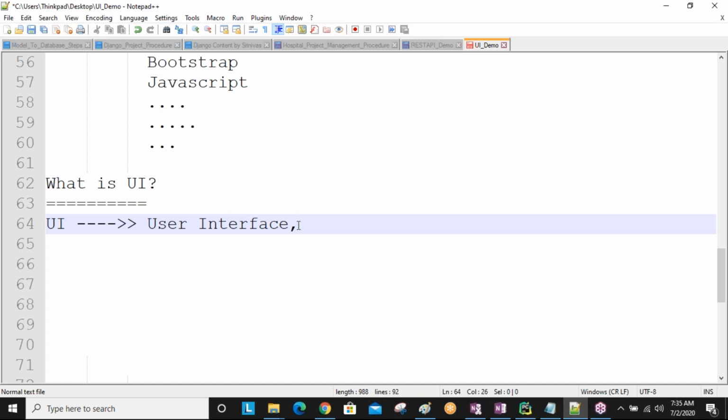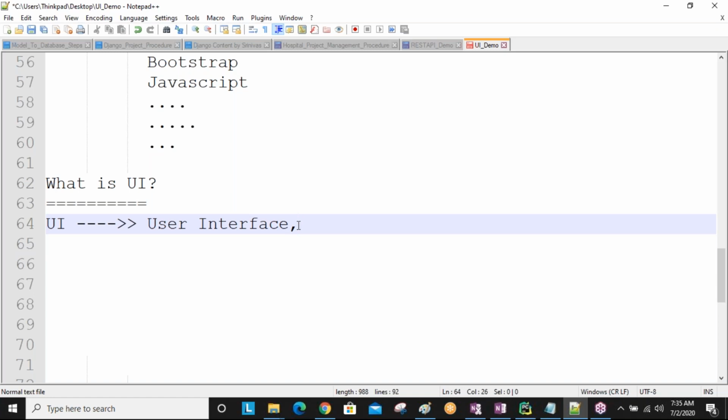Sometimes I want to get the data from the database, sometimes store the data into the database, sometimes update the data, or delete the data. By using the user interface, the user can interact with the computer, and on the backend side it goes to the database and performs the required operations. Understand?